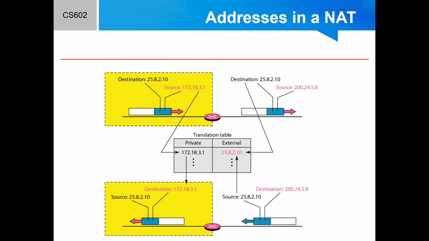When the response comes back from the destination, the router uses the source address of the packet as the external address to find the private address of the packet. This figure shows the idea. Note that the addresses that are translated are shown in color. In this strategy, communication must always be initiated by the private network. The NAT mechanism described requires that the private network starts the communication.